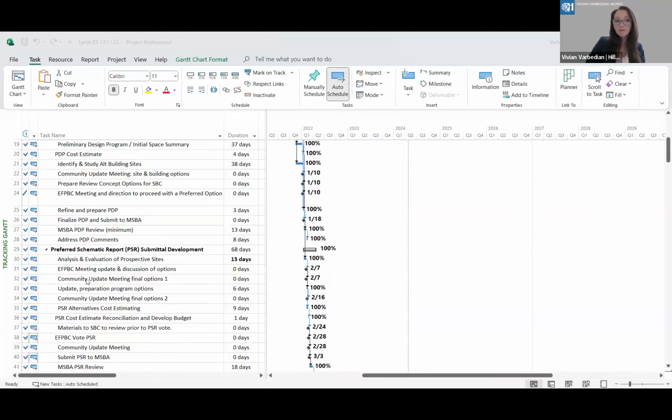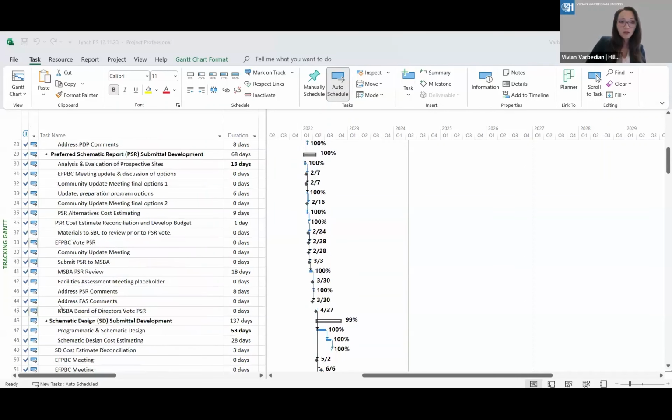We still put in providing an update to UMBA when they anticipate having some of the stakeholders, when those meetings are happening as well. And it's not just one line of the start and end date for the schematic design, as well as when the comments are due back for the preferred schematic report,